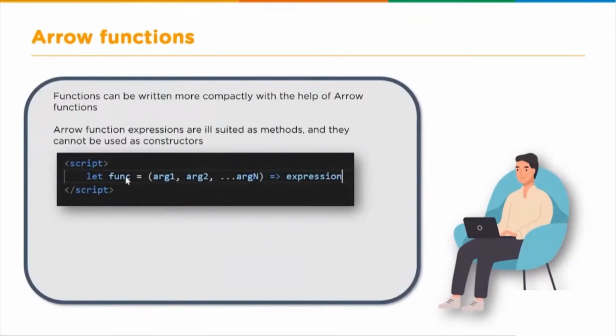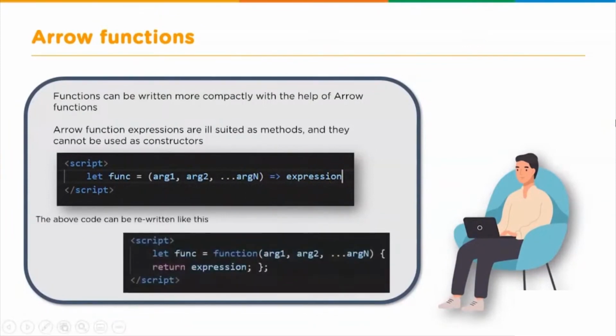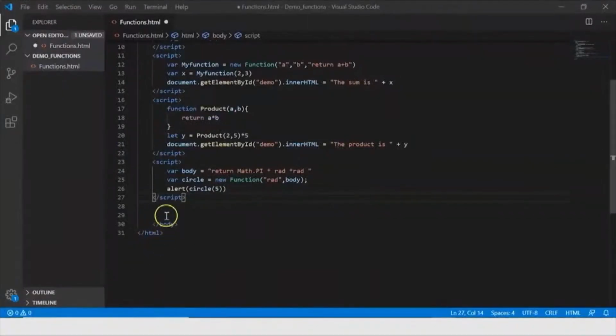First you provide the name of the function with an equal to sign followed by the argument list. And later you make use of this arrow icon and define the expression. So this is basically nothing but this. So let's go back to our VS Code and check for ourselves. So let's create another function. And here let me say const